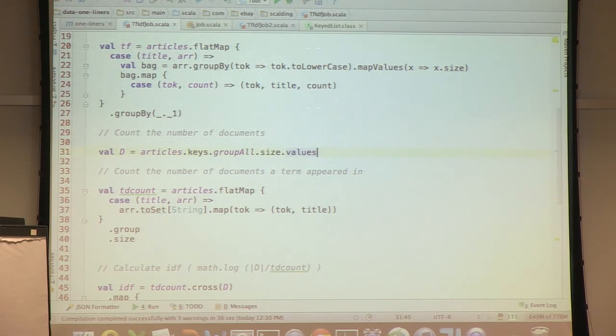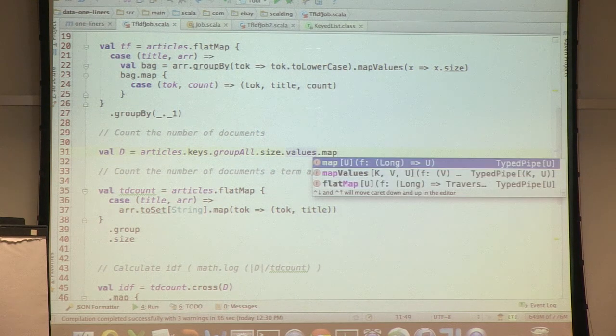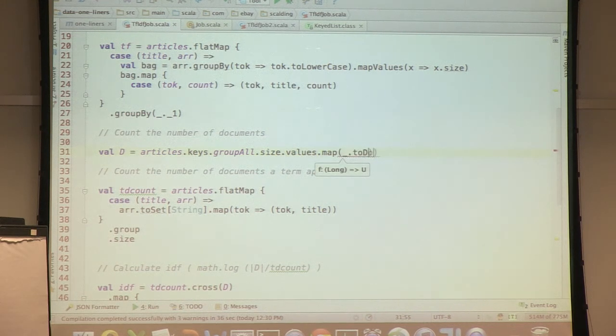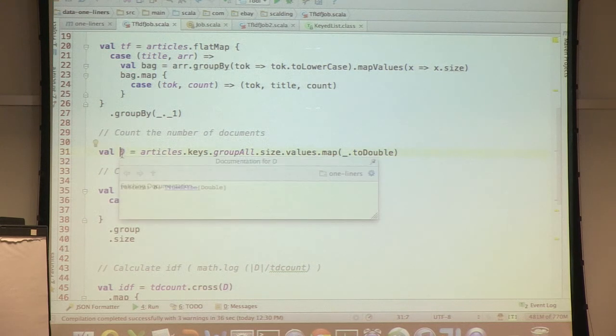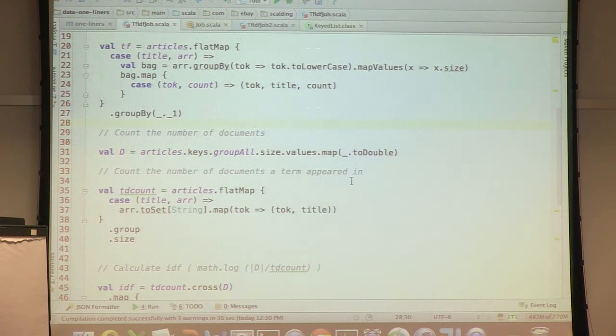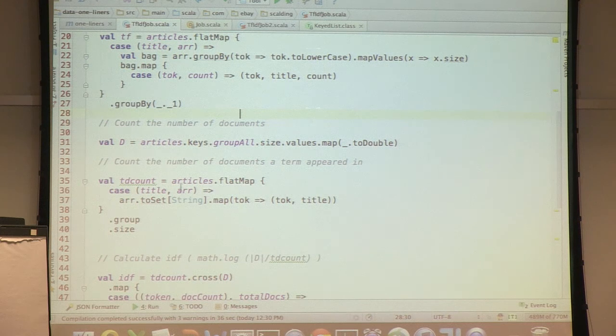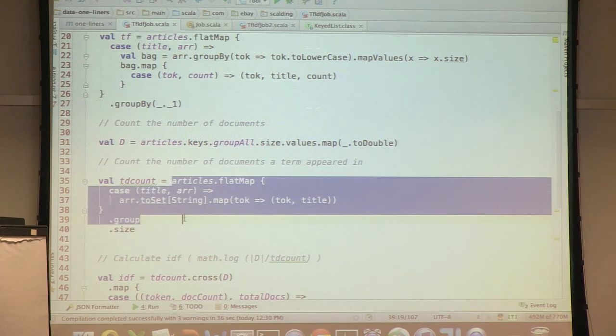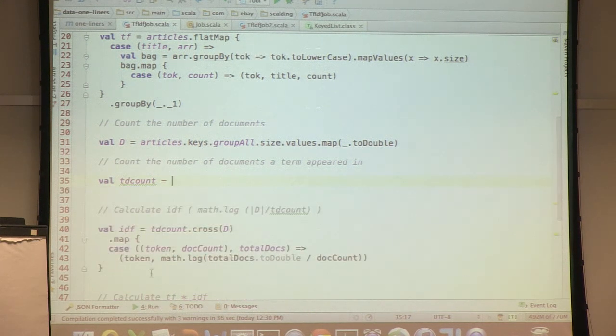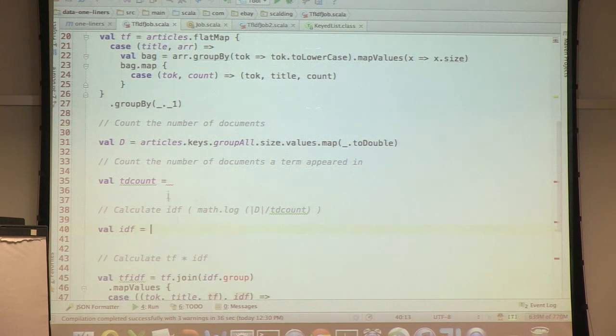Okay, and so you know what? I know for a fact that at the end I'm going to use this guy as a double. So I'm just going to do something like that. There we go, cool. So D should be a type pipe of doubles. It is; in fact, it's only one double, so we're okay there. Oops. You can see that I forgot to call out some of this stuff, so we'll do this as we go. Apologies, you can see behind the curtain.